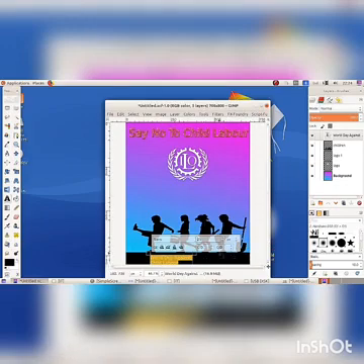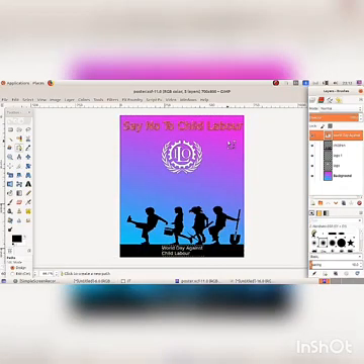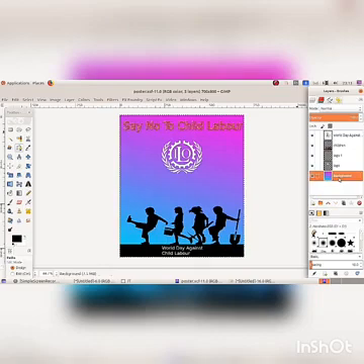Suppose you have to separate only a part of the picture and include it in the poster. How will you do it? Before that, we have to change the layer position. Layer selection. Now, the text World Day Against Child Labor is selected.